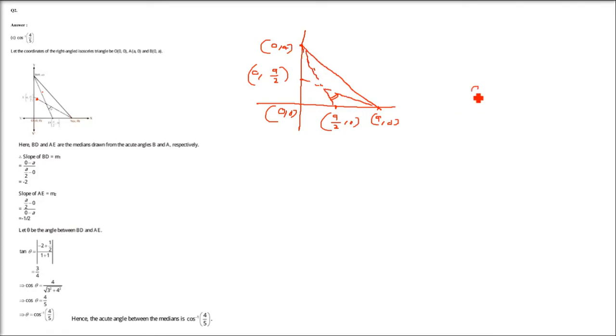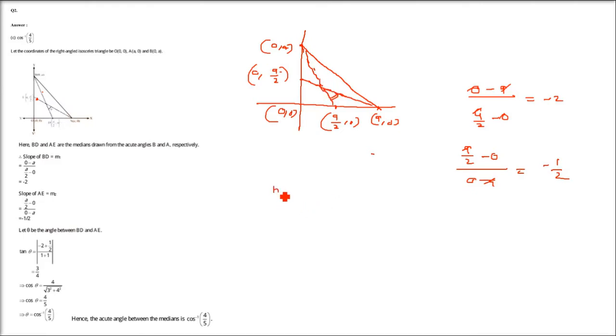So I'm taking this one first. Slope is (y2 minus y1) by (x2 minus x1): (0 minus a) by (a/2 minus 0). So what do you get here? The a cancels, the minus remains, 2 goes up, so minus 2 it is. Now coming to the second line, the second median. You can take any one as (x1, y1) or (x2, y2). So you get (a/2 minus 0), I'm doing y2 minus y1, and (0 minus a). The a cancels, the negative will remain and 2 will be in the denominator, so you have minus half. Minus half it is. So these are the slopes.